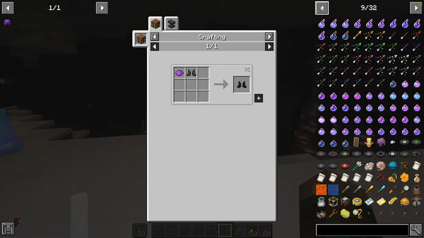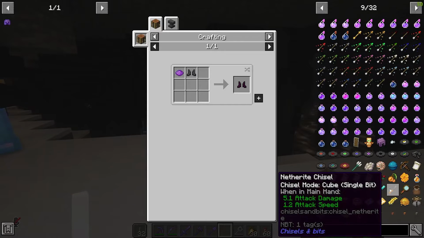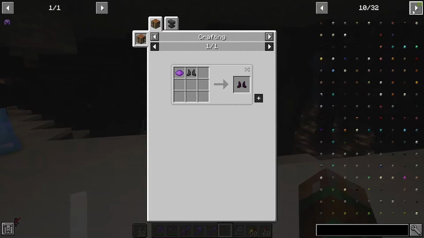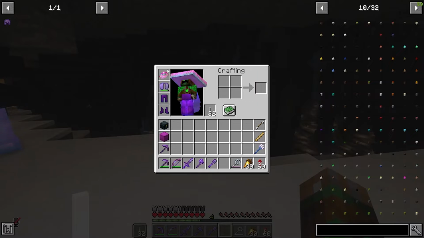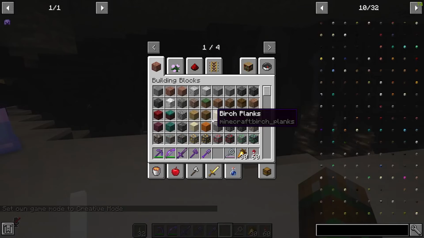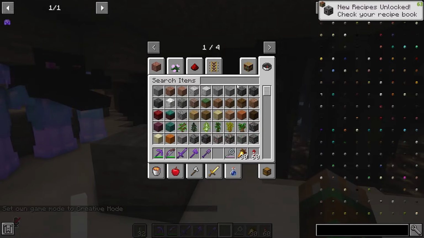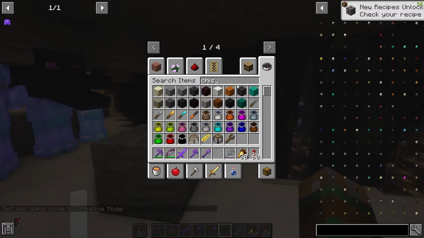Inside of this pack, I've included Chisel Bits as well. With chisels and bits, you can create a chisel and then mine single blocks out of an entire block. So I'll give you a quick example of this. I'll just switch my game mode to creative. If I place a stone block down here and then grab a chisel,